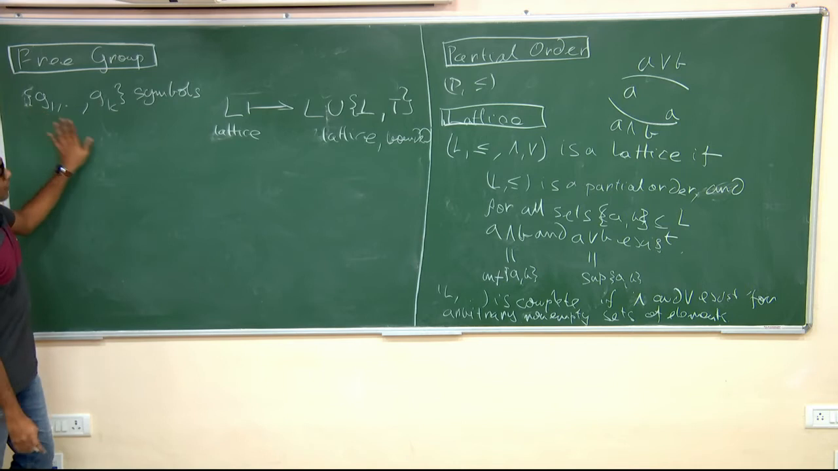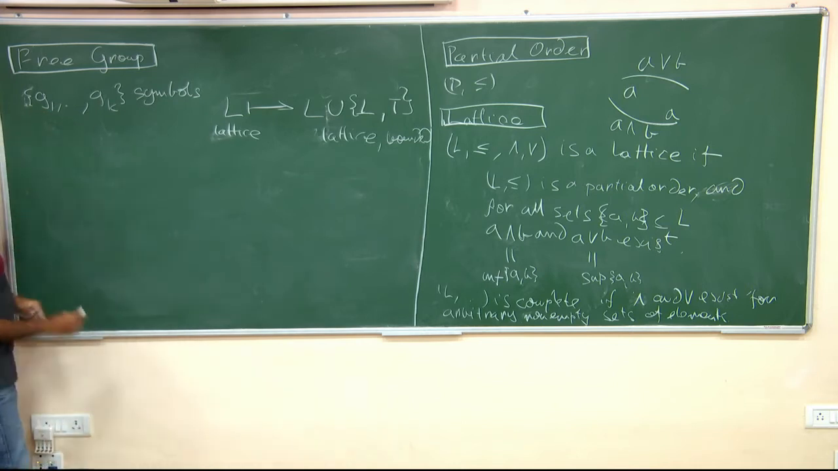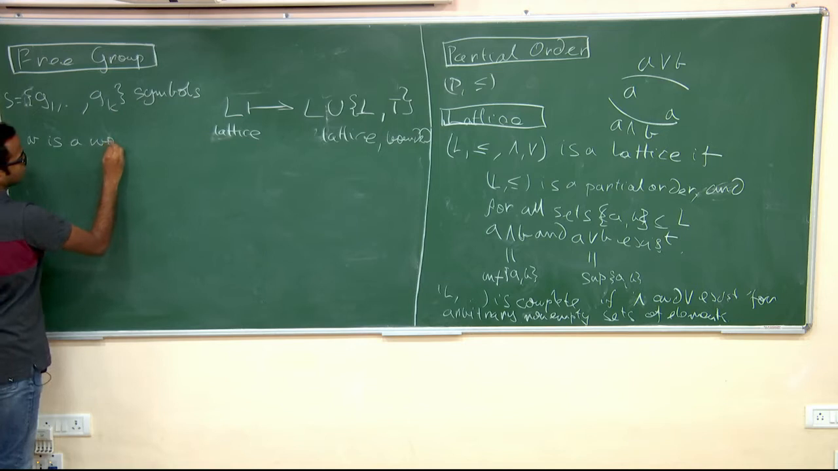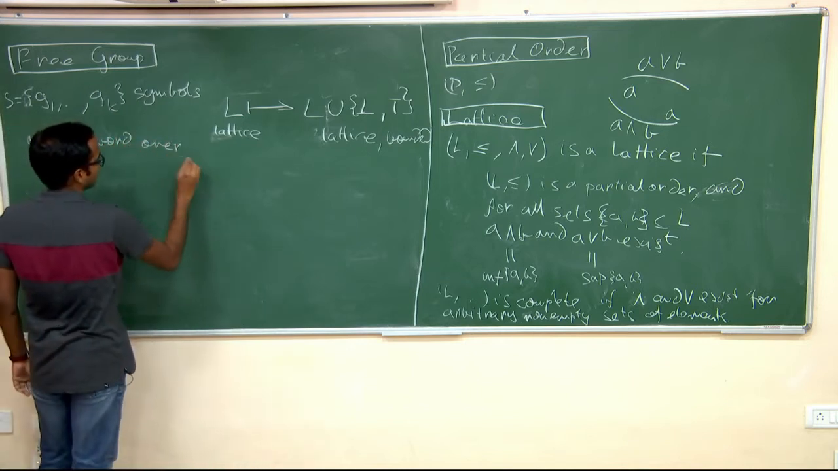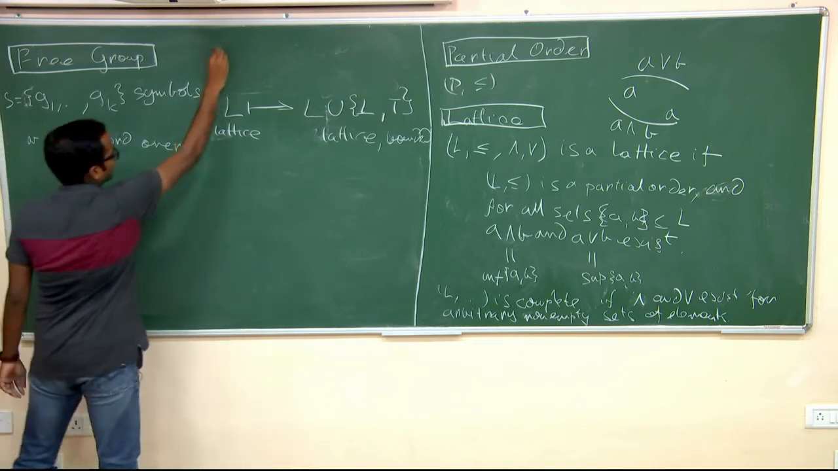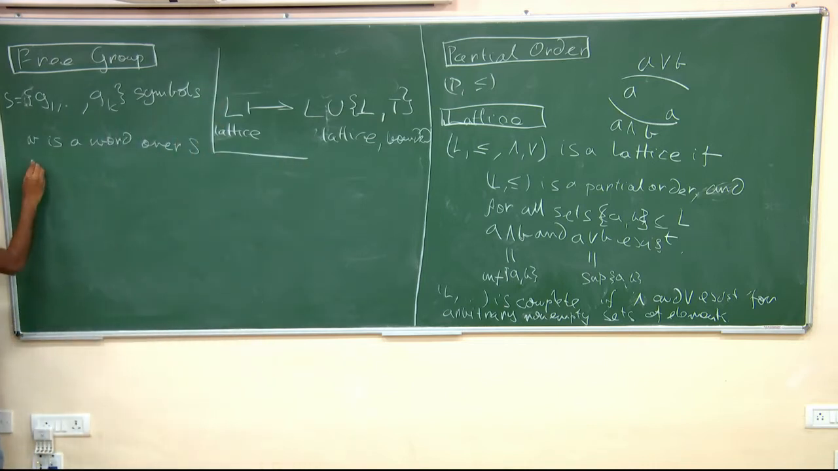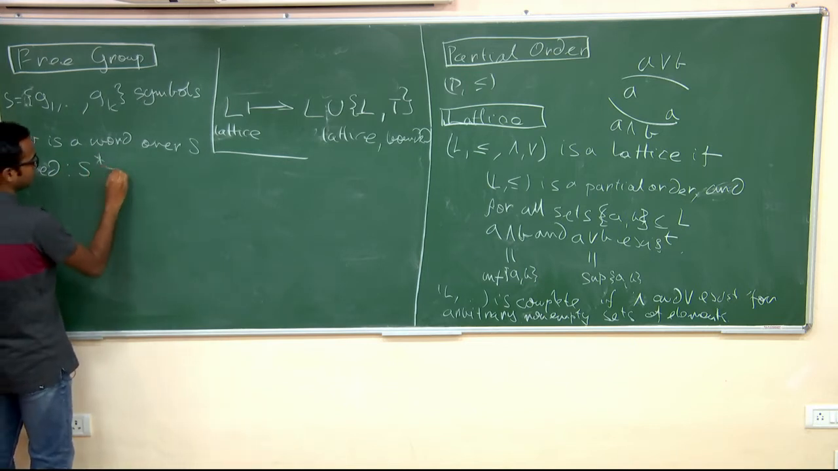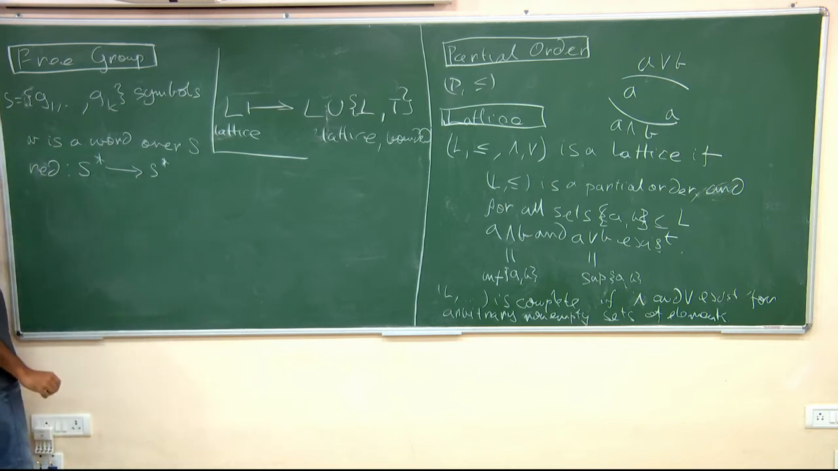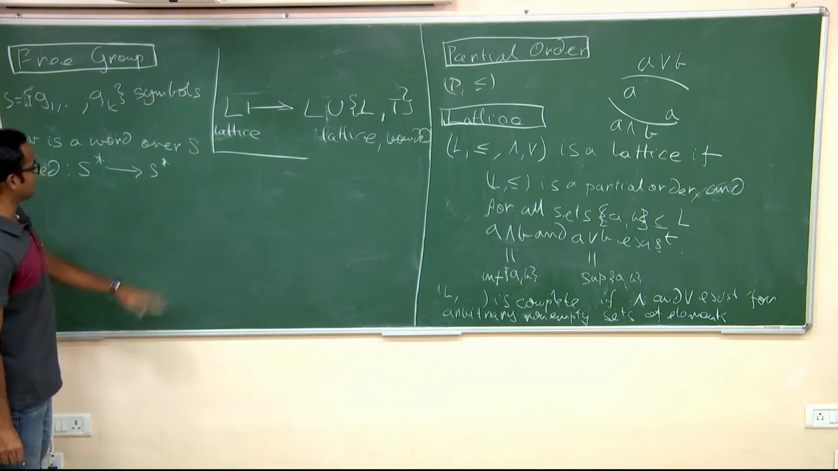So we have k symbols, and we have this operation which is called reduction. All right. So W is a word over S. This reduction function goes from words over S to words over S such that